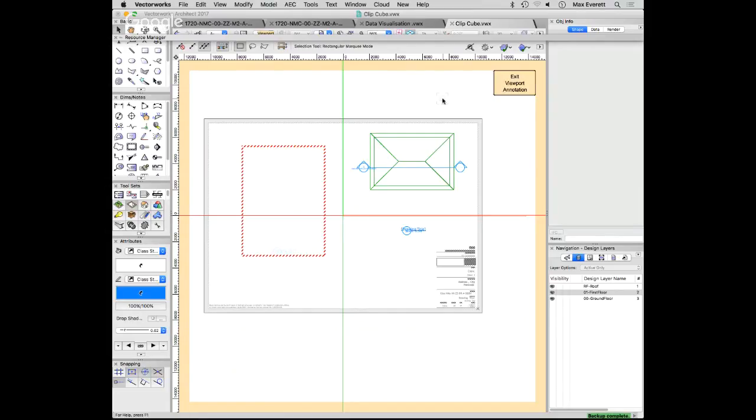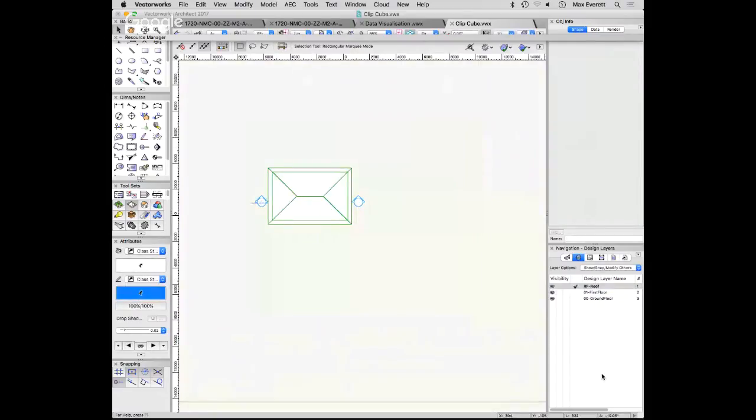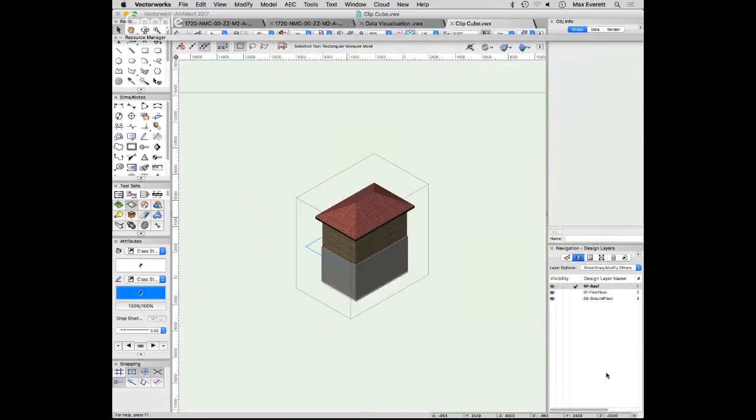Toggle it on. There you go, and it will show. So that's just demonstrating how you quickly generate a section using the clip cube. The other cool thing about the clip cube now is that if you select the clip cube, go back to model,